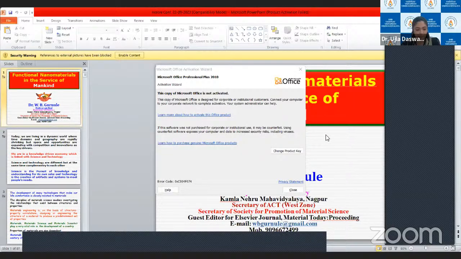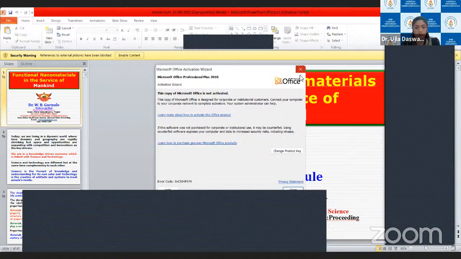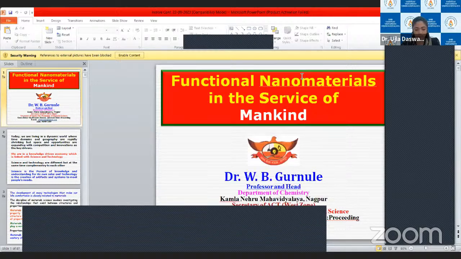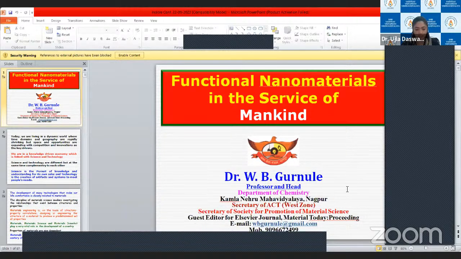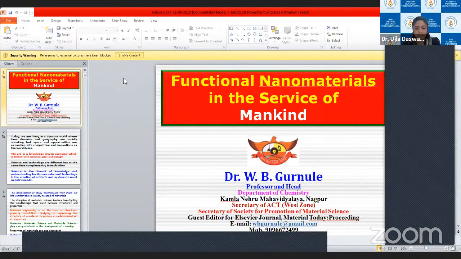He has an impressive publication record with over 230 research papers in national and international journals and over 110 research papers presented at conferences. Dr. Gurnule is also a highly regarded reviewer for prominent international journals of Elsevier, Wiley, Springer, Bentham Science, and RSC publishing houses. His dedication to teaching and research has been recognized with several awards, including the CRSI Best Teacher Award,